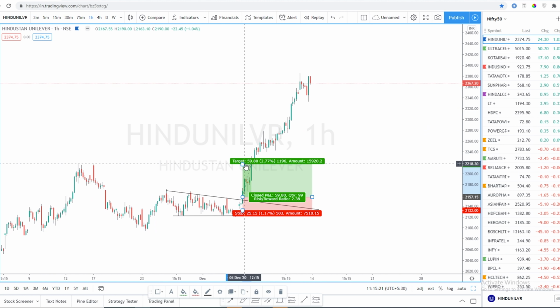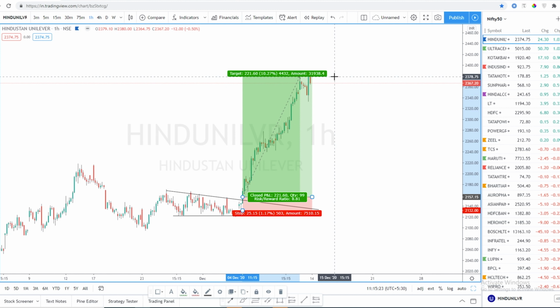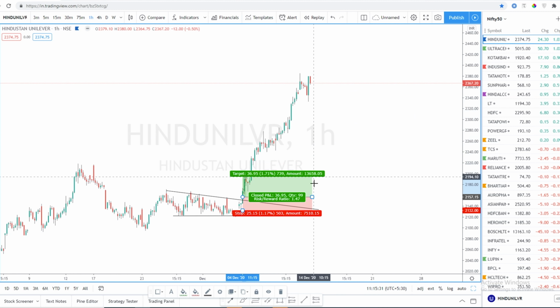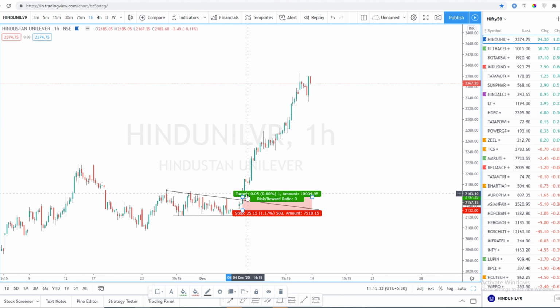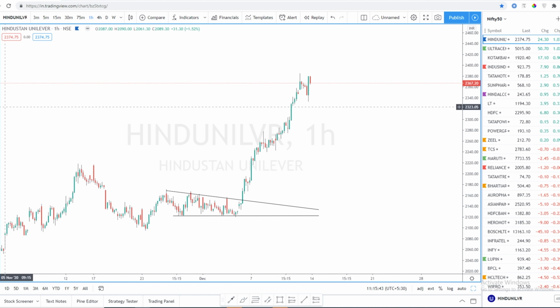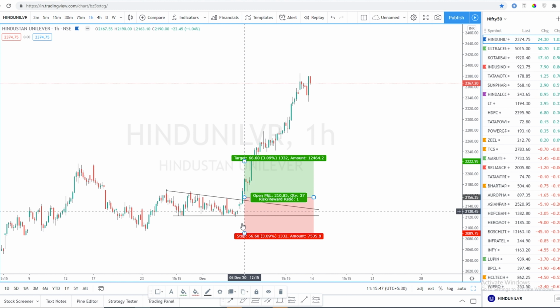All I did was just hold on to this trade. I didn't exit this trade when it touched 1:2 or 1:3, because there was no reason for me to exit this trade, right? Right from the beginning there has been significant buying, there has been no sell off, and there has been no indication of sell off, right? So I just kept on holding and I exited this trade